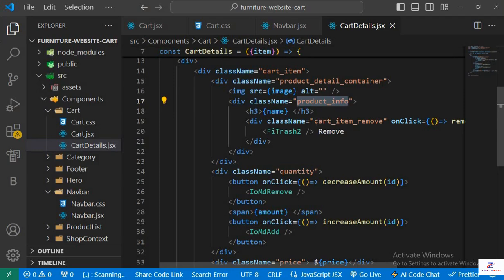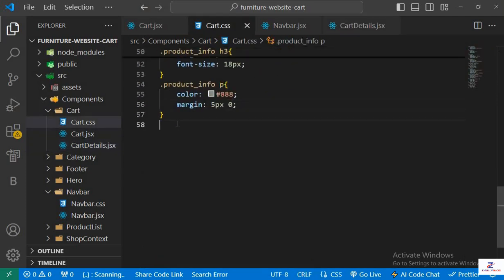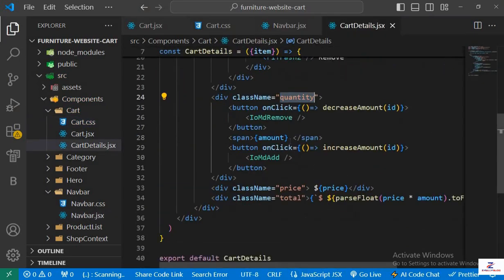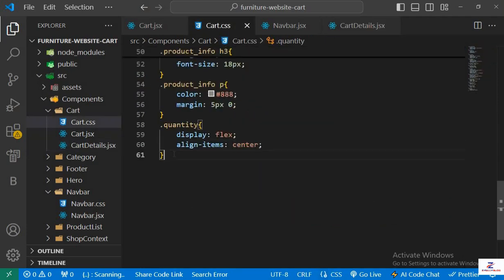Then we have this remove icon as well. Okay, so we have the cat item remove as well. We'll check that later. Let's head over to the quantity. So for quantity, display will be flex, and then align items center. We have 2 buttons at the quantity. So button,